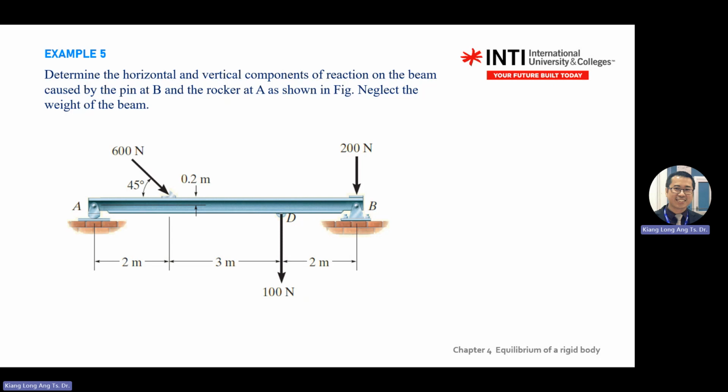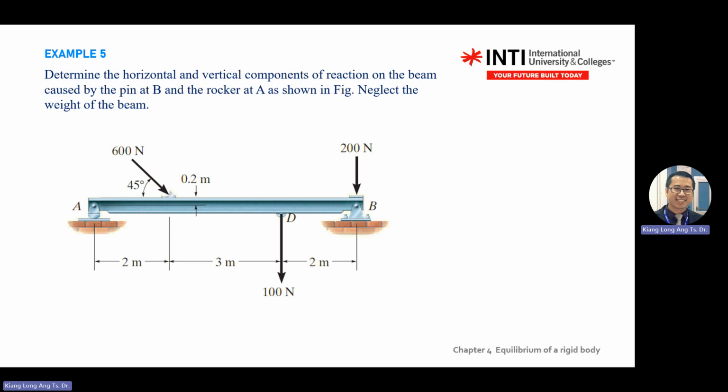So you can create your own. In your free body diagram, you can do this one, C equal to this one. So this one you write CY, CX. Then at the side of your diagram, you don't want to mess up your diagram there. So at the side of your diagram, you write CY equal